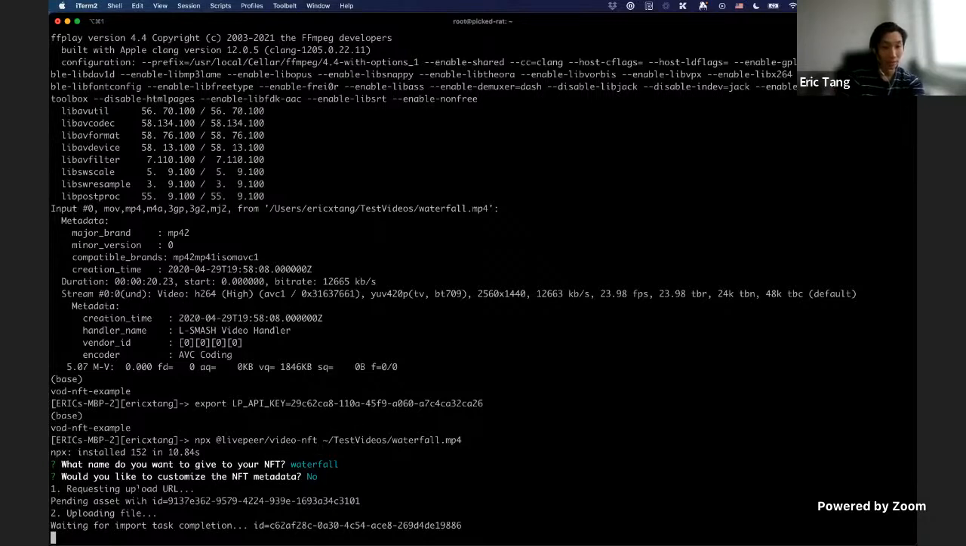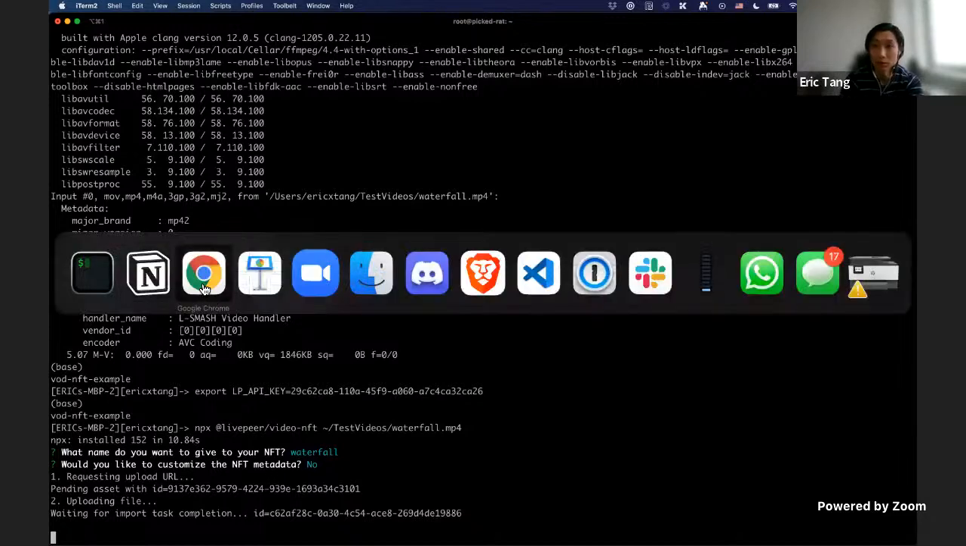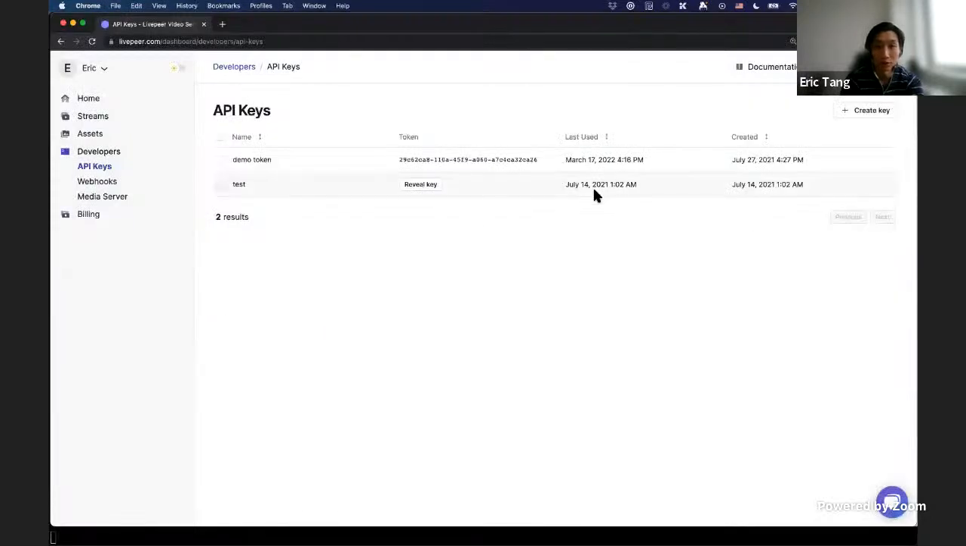So now we see that the file has been uploaded. We have this ID, and we're just waiting for the import task to complete. It'll take a little while to transcode the video, and after the video is transcoded, we should get a metadata field back. So let's just wait for a few minutes. Maybe as we're waiting, let's go back to